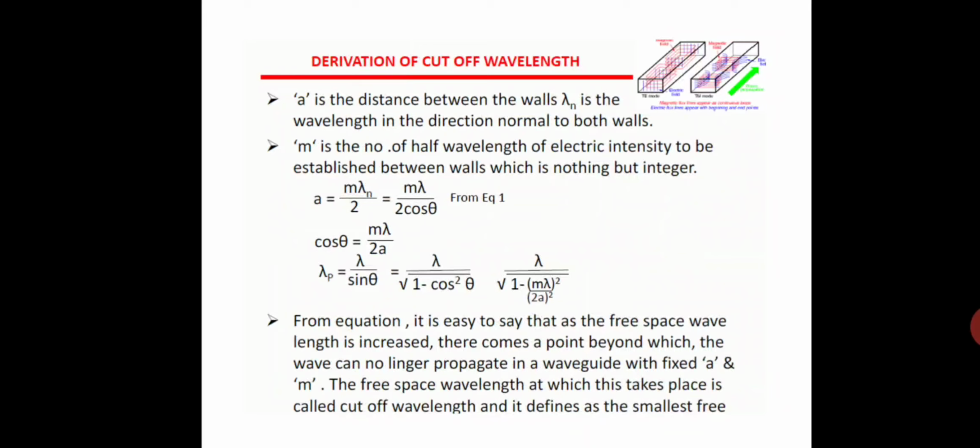If this assumption is made, then the calculation for the lower cutoff point becomes very simple. The cutoff frequency of a rectangular waveguide can be calculated using the formula Fc equals C upon 2A. Fc is the rectangular waveguide cutoff frequency in Hz. C is the speed of light within the waveguide in meters per second. A is the large internal dimension of the waveguide in meters. It is worth noting that the cutoff frequency is independent of the other dimensions of the waveguide. This is because the major dimension governs the lowest frequency at which the waveguide can propagate.